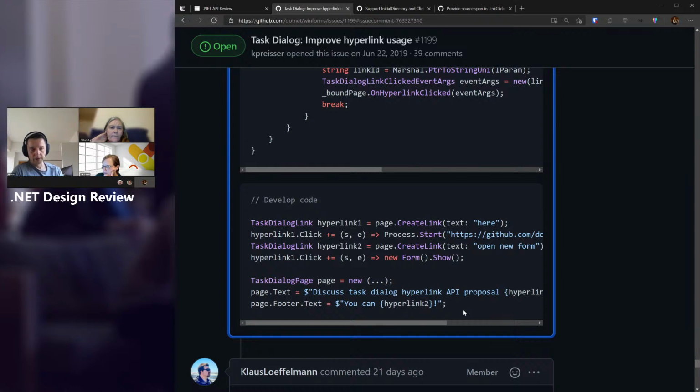Basically, you create hyperlinks on your own. You define what hyperlinks are, and then you add them to the page. So you don't have to create a page before you create hyperlinks. Yeah, you're absolutely right. I did mess up in the example. Okay, that makes sense.